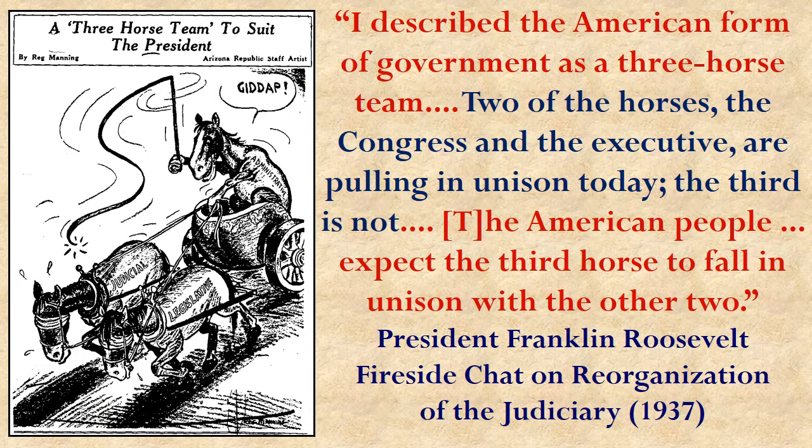As he tried to convince people to support his idea for packing the court, he used an analogy. President Roosevelt likened the United States government to what he called a 3-horse team. So think of 3 horses trying to pull something such as a wagon or a plow. And the way the president imagined it was that 2 of the horses, the Congress and the president, were pulling together, trying to move the plow in the same direction, while the 3rd horse, the United States Supreme Court, was going off in a different direction, and thus preventing the plow from moving forward,